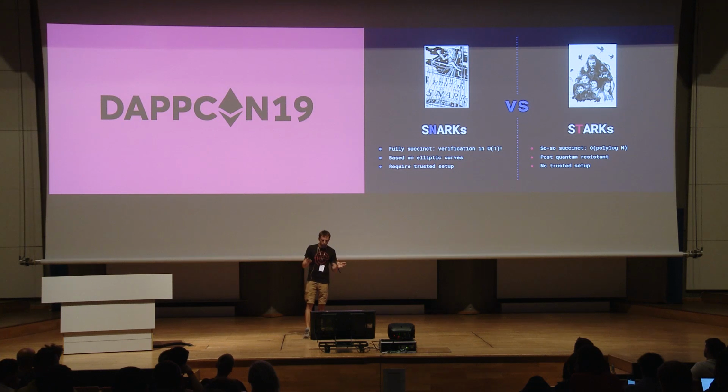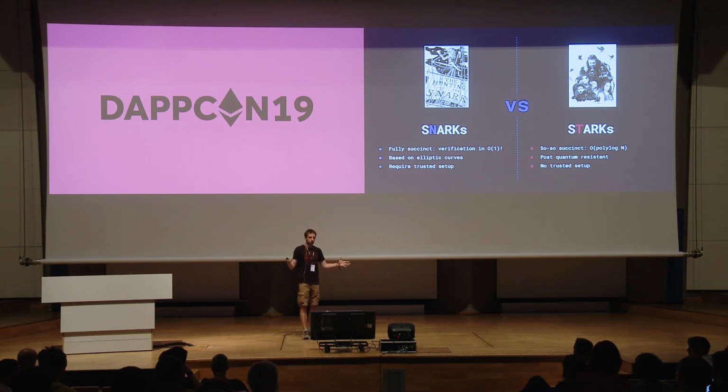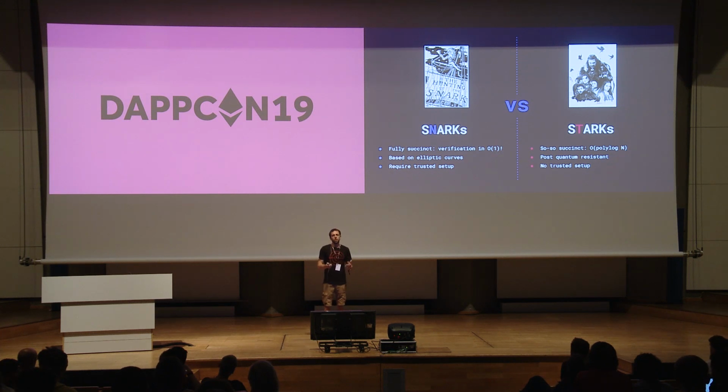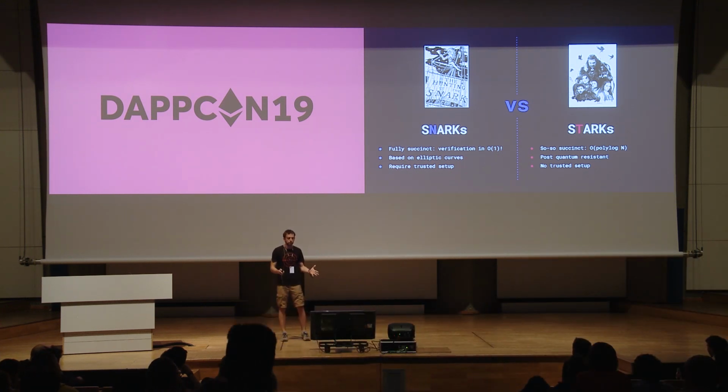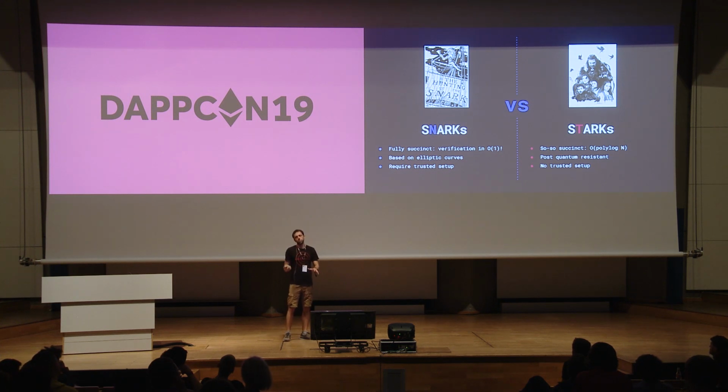We need to conduct a ceremony with a lot of participants, and all of them promise to delete certain data which they used as entropy as input for this setup procedure. And if at least one of them is honest, the entire procedure is OK. If all of them collude together, we have a problem, because they can fake proofs. So if we have to do it just once, it's going to be OK. The older version of SNARKs required you to build a trusted setup for every application, which is probably very difficult logistically and politically. So we have a newer